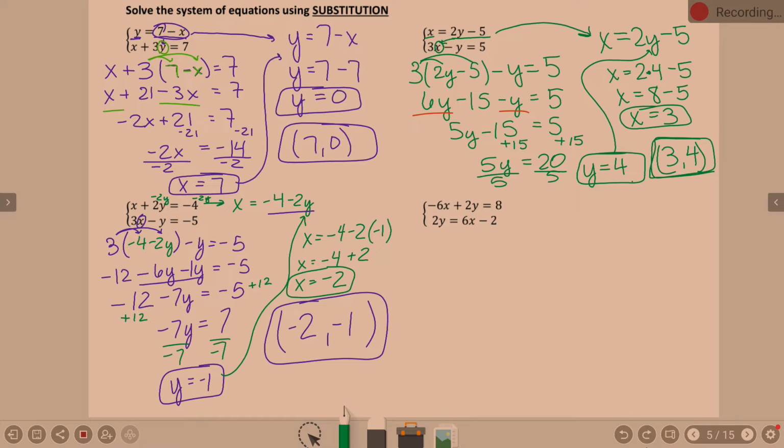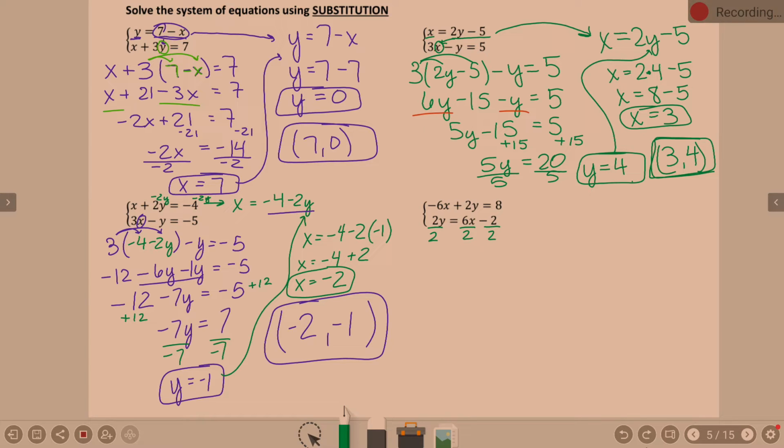Okay, have you tried the last example yet? So, do we have an equation that's x equals or y equals? Okay, we have 2y equals. And what do we really need it to be? We need it to be 1y equals, or y equals, right? So that would be the one I'd use. I would say no, we don't have an x equals or y equals equation, but this one that is 2y, how can we make it to be y equals? Divide by 2. So if I divide each piece by 2 here,